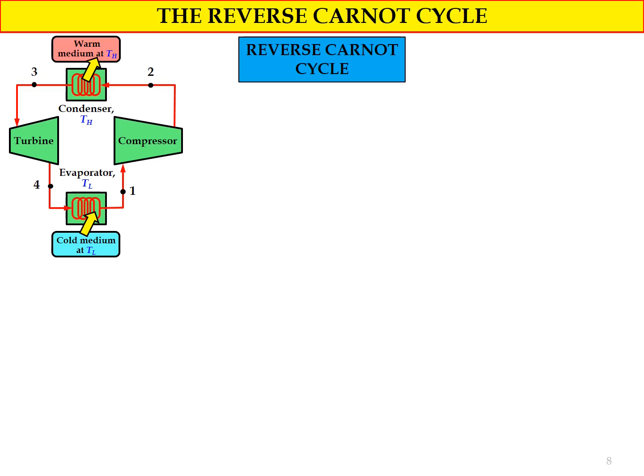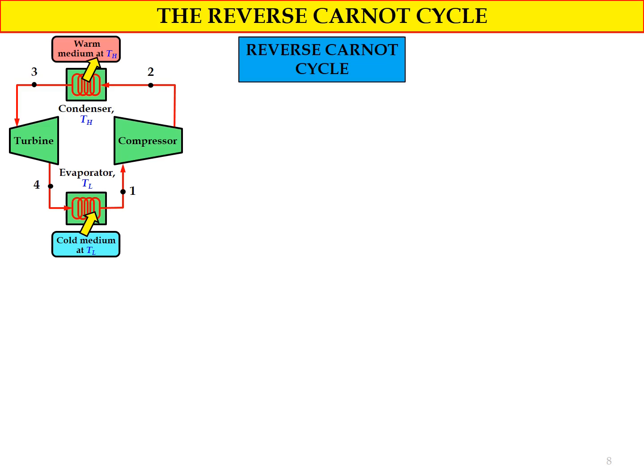The second process involved is the condenser, where the heat is released to the environment or to the warm medium at TH from state number 2 to state number 3 at constant pressure. So in the condenser we have heat rejection at constant pressure, and then the refrigerant will experience an expansion process in the turbine, where we will have an isentropic expansion process from state number 3 to state number 4,